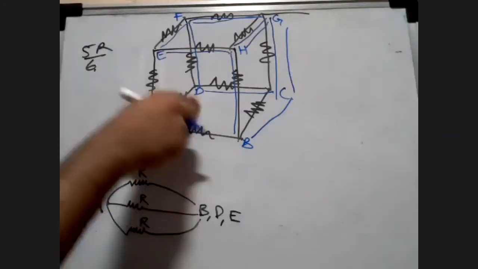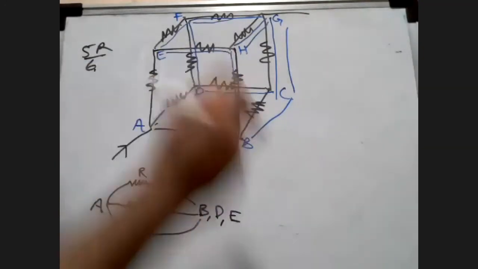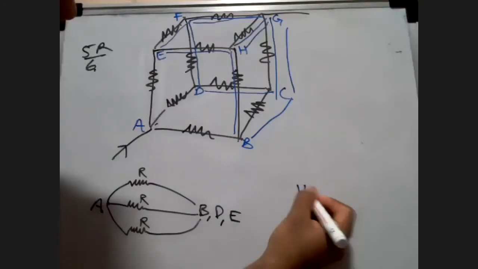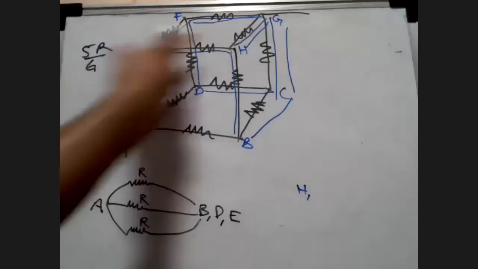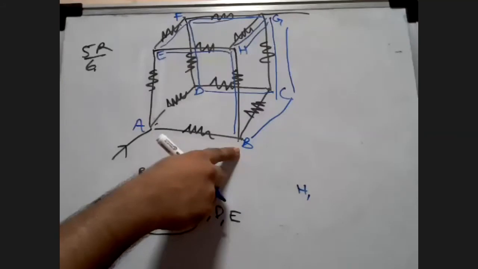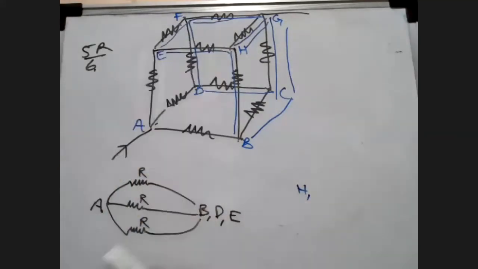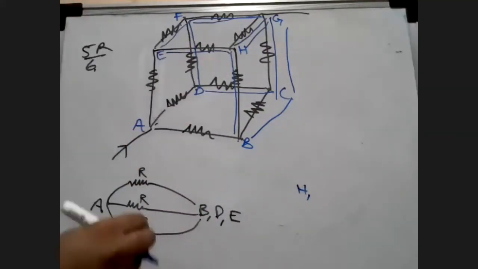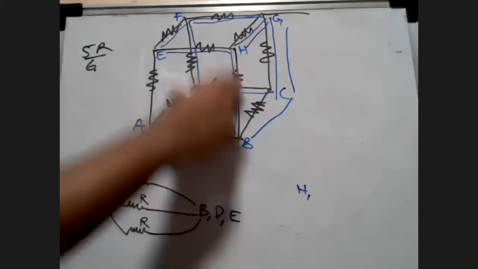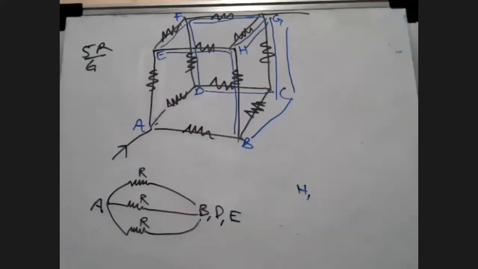B, D, and E is over. E to H, I can write there is one. There is an H over there. Then I had considered B. Next point is again H. So E to H, B to H. There are two paths.